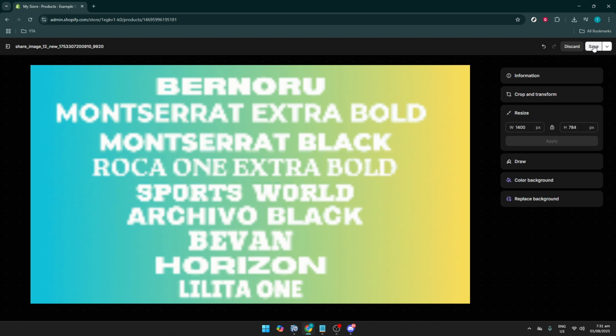Now find the product you wish to edit. For illustration purposes, let's say it's Example Shirt 2. Click on this product to open its dedicated page. This is where